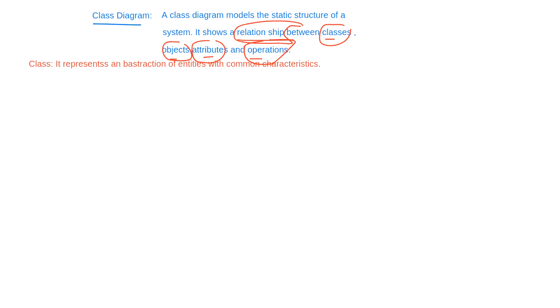This is a square, and it has many compartments, many sections. You have one section here, another section here, and then one more section here.